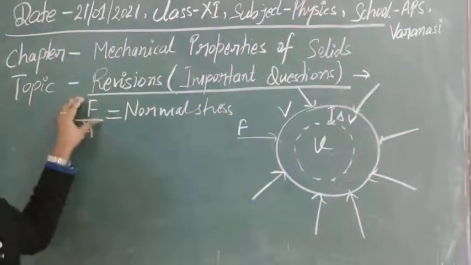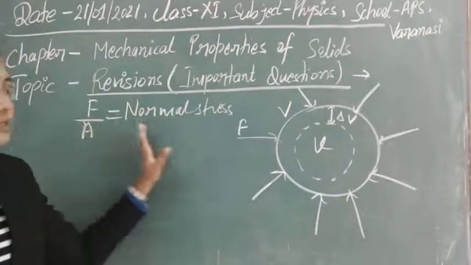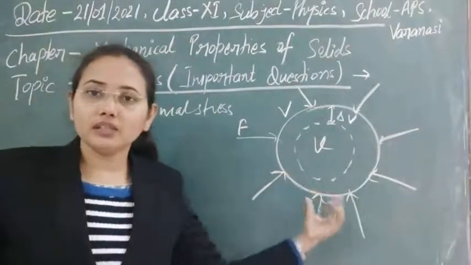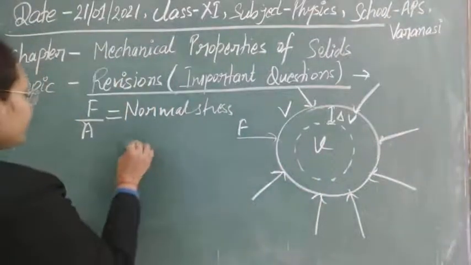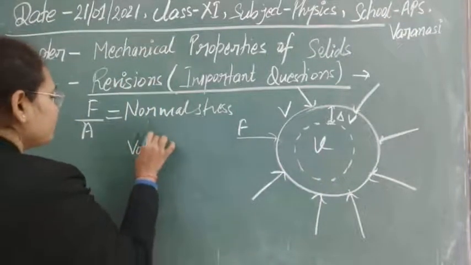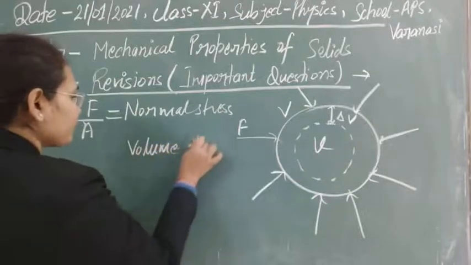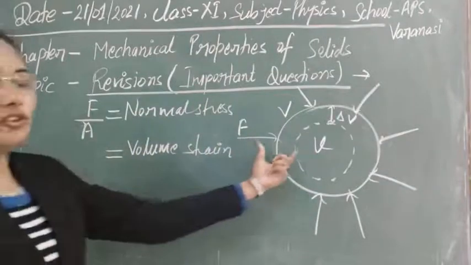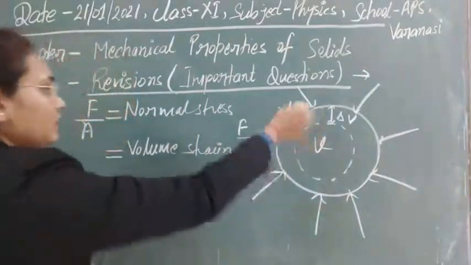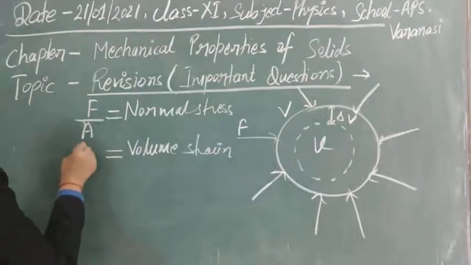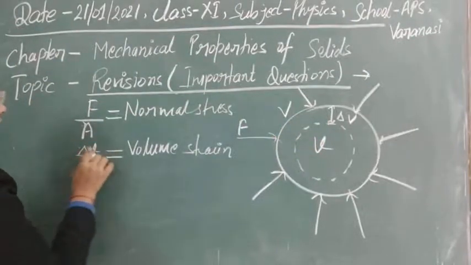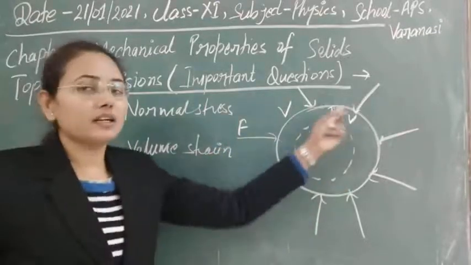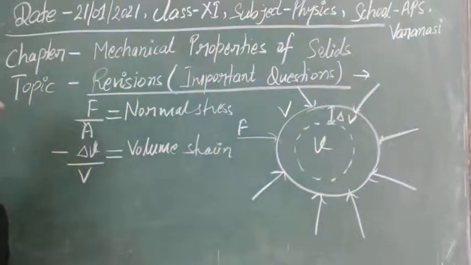So in this way you can also call it deforming force per unit area. This is the normal stress we have. And now the strain produced here is due to the change in its volume. So we can call this volume strain. This volume strain is given by the change in configuration to the original configuration. The change in configuration is the change in volume, dV, upon the original volume. And in this case we are seeing that volume is decreasing, so you can put a negative sign